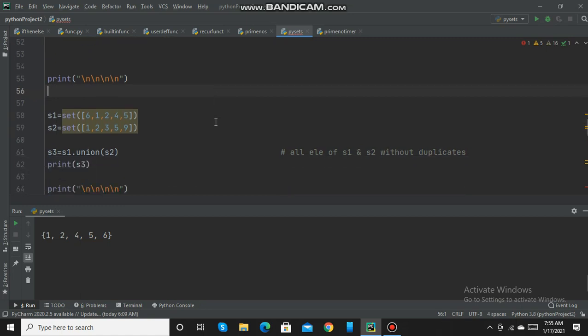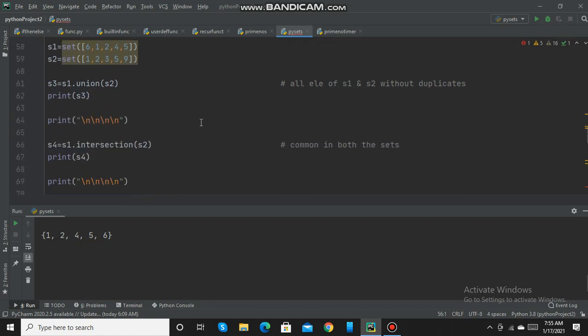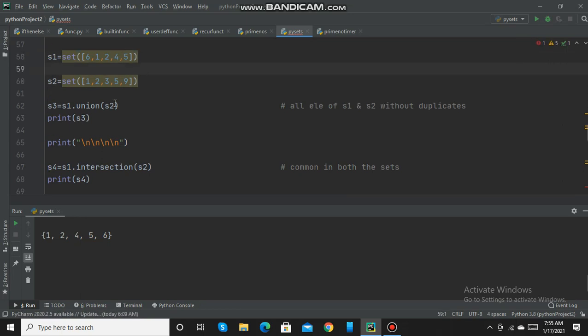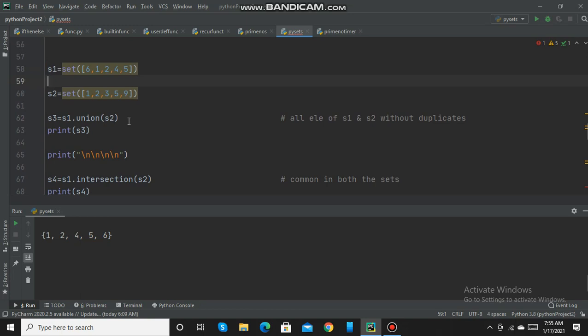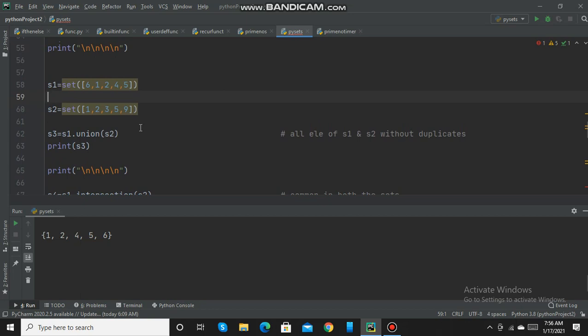Now we will see some basic operations on sets. The first is union. I am having two sets here, S1 and S2. S3 is equal to S1 union S2, and I am printing the set S3. Union will return all the elements from both the sets without repetition.